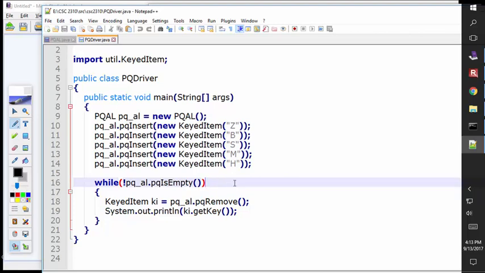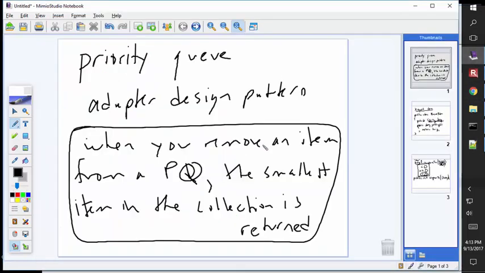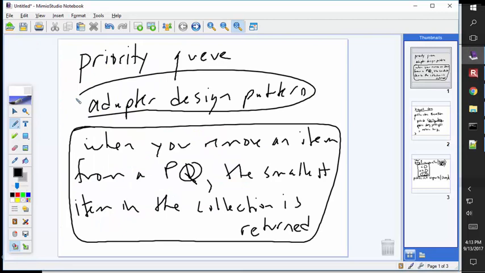Okay? Now, all the way back to the slides where I talked about the adapter design pattern. We did it. In fact, you saw two examples of the adapter design pattern. The first one, so we knew what was required for priority queue. We were told what the requirements are. We need an isEmpty method, we need an insert, and we need a remove, where the remove is supposed to return the smallest item. We were told those things. Now, we could have just written the whole thing using an array, which is what I started out with. Okay? But instead, we chose to use delegation,